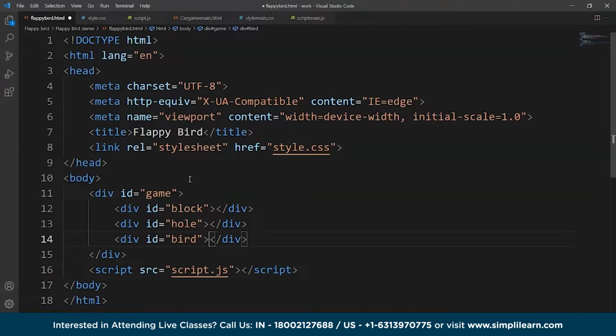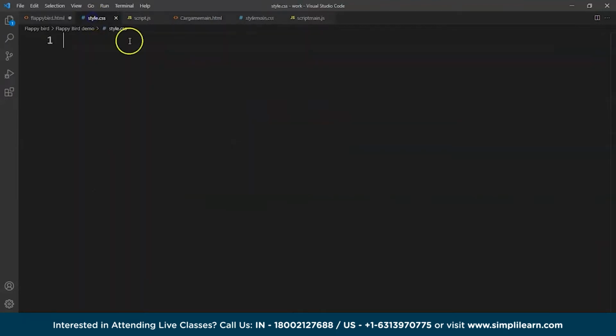And the last thing is the bird itself. So we'll add an image here for the bird. So let's do some styling for all this that we have written over here. So what we'll do is we'll move to a CSS file. So this is a CSS file, and we'll write here